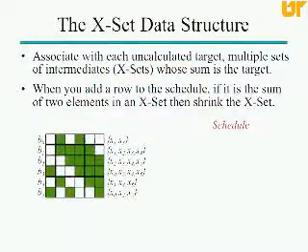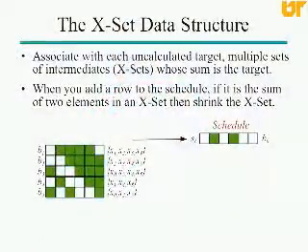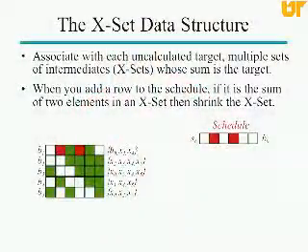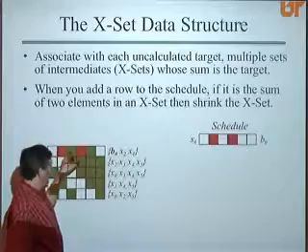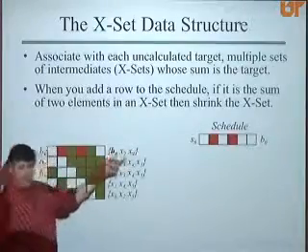So you start with this X set, and then when you add a row to the schedule, the first thing you do is you see whether or not that row is the sum of any 2 elements in an X set, and if so, you replace them by the sum, because that's going to save you an XOR. So, for example, if you schedule the top row, then you note, same savings as in the previous example, that you can now replace the X1 and X3 by B0, and that's going to save you an XOR, which is nice. Okay.